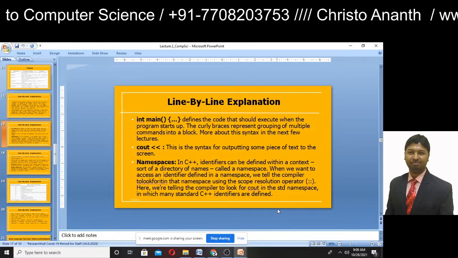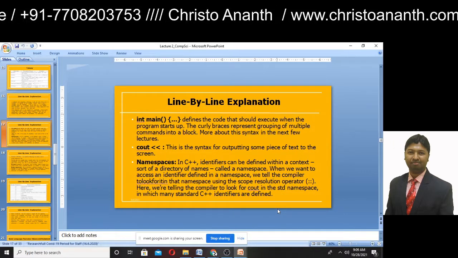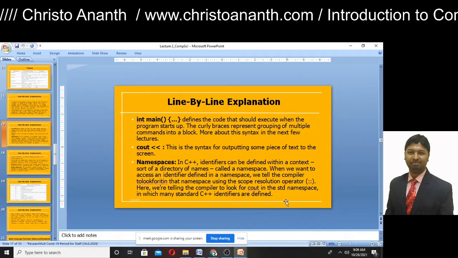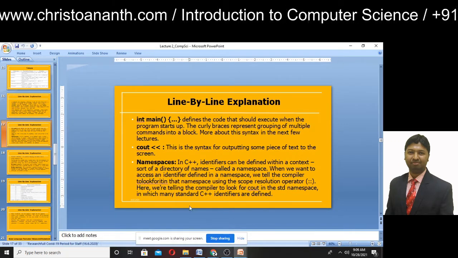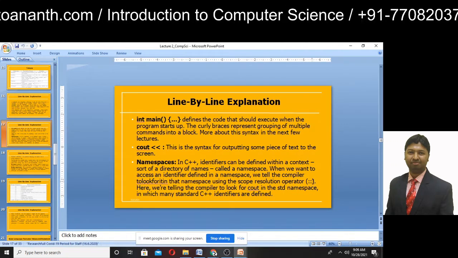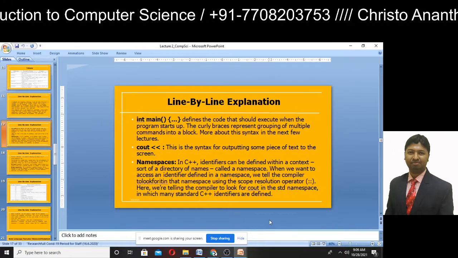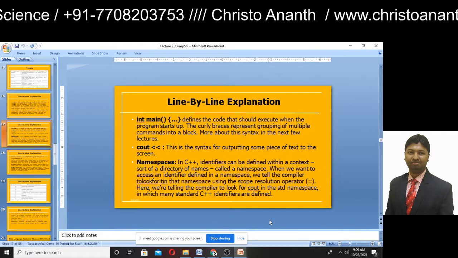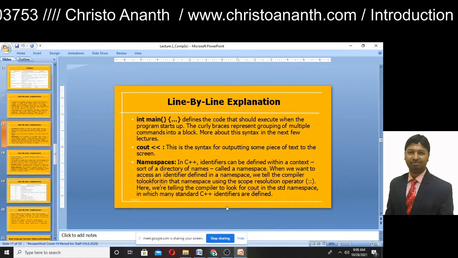Whenever you have to access an identifier, you have to tell the compiler to look for that namespace using this scope resolution operator. So using namespace std is actually the common example. So you have the double colon, which is the scope resolution operator. We are telling the compiler to look for cout in the std namespace, in which many C++ identifiers are defined.